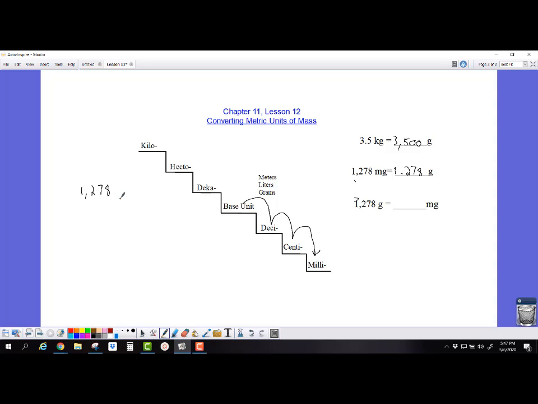So we have to find our decimal, which again, as we said, is always immediately to the right of the ones place. And we're going to move it 3 places, 1, 2, 3, to the right, which means we have to add 1, 2, 3 zeros. So that gives us a number that's really big and a little bit difficult for me to write in this line, but we have now